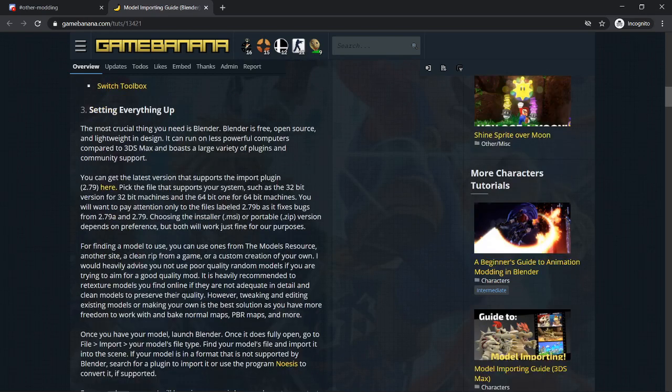For finding a model to use, you can use one of the model resources. Another site, Clean Boo. They're not clean rips. I mean, sure, they're actually clean rips, but at the same time, sometimes these models have broken normals, and they haven't been updated ever since. Even though some people already rip their own models and use them for their mods or whatever on DeviantArt, maybe. Oh yeah, also DeviantArt is another option to get models, but the problem with DeviantArt is that you need to sign in to download the models, which, fuck you DeviantArt. Anyways,